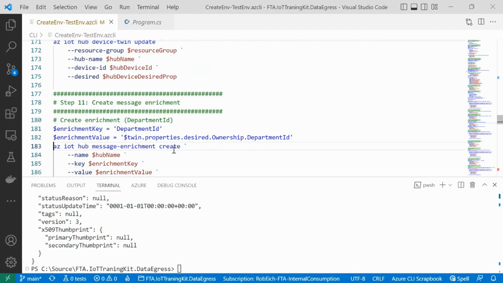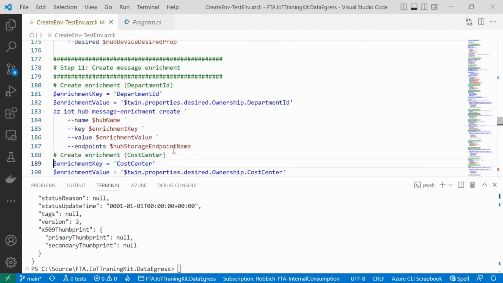That's the first step. The next step is we have to create the message enrichment. Because we want to enrich the incoming message with two values, we have to create two enrichments. The first is the enrichment where I say, I want to have in the messages which are coming in the value from something which is stored in $twin.